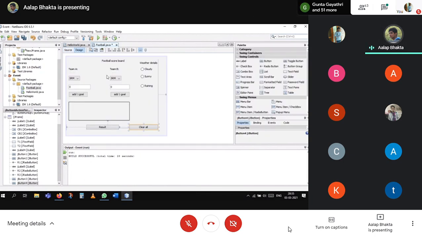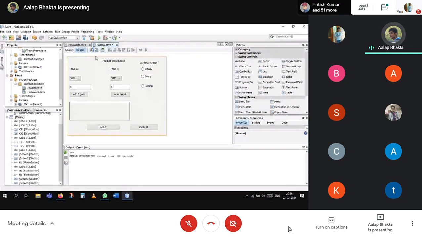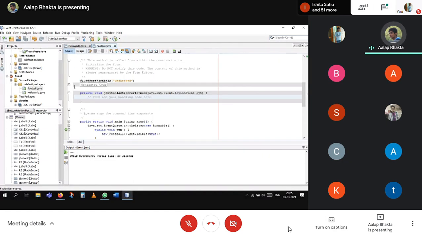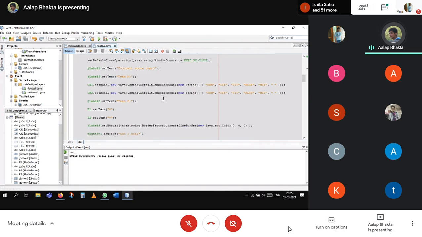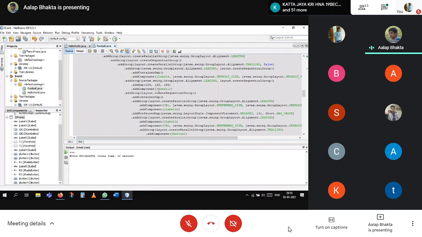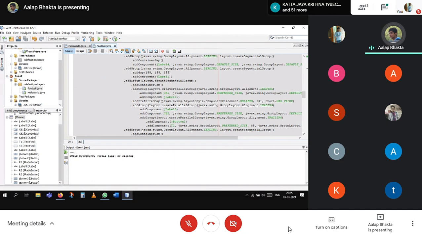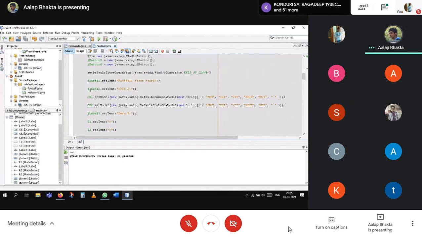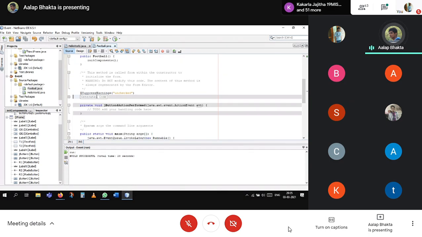See what I have done till now. I just dragged, dropped, and edited the components. Okay. So this is how it will be shown to the user. I've designed it like that. Then the generated code is automatically created, this much big code. It's already created, like where it will be placed and the layout and everything. See, this is the whole code. You have to do it on your own, or there is some shortcut for that. But this is the basic thing. You just need to drag and drop. NetBeans will handle the rest.